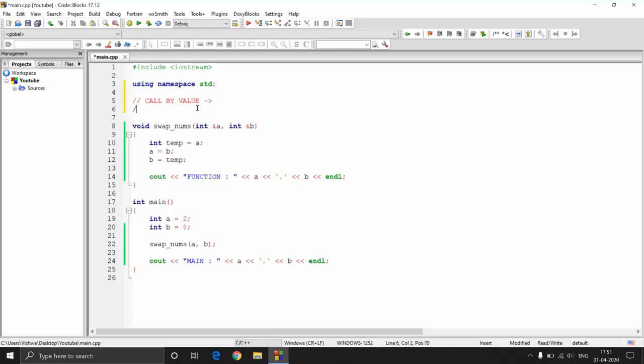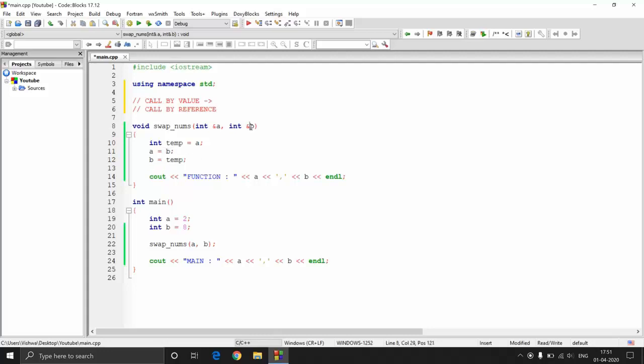And when you want to change the value, what you do is call by reference. So reference means address, and the way you call by reference is in this way. You need to pass the ampersand symbol to specify that you're going to work with the address of that particular variable and not with the value of that variable. So it knows that it doesn't have to create another variable and then copy, but what it will do is directly go to that address and then carry out all the operations which you specified, right?